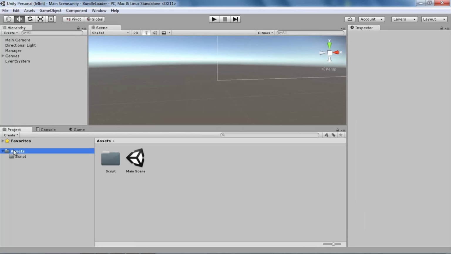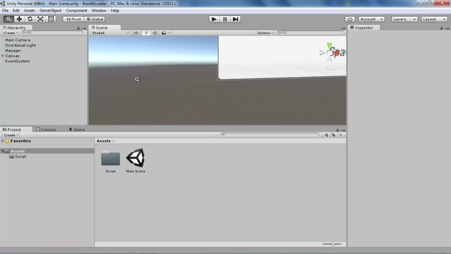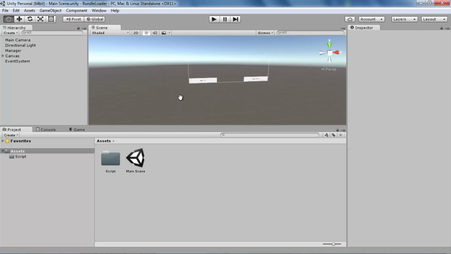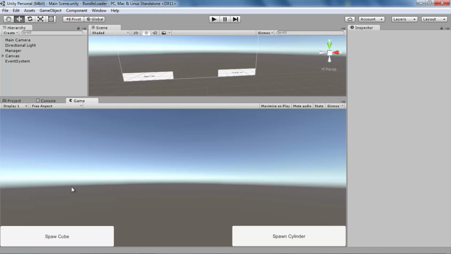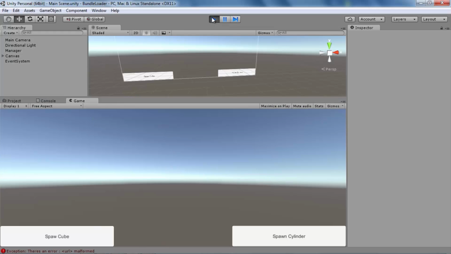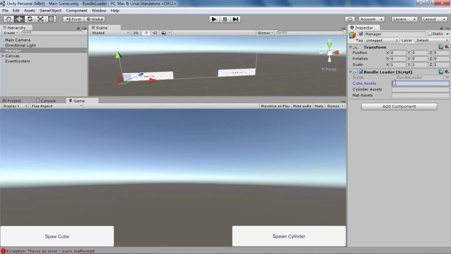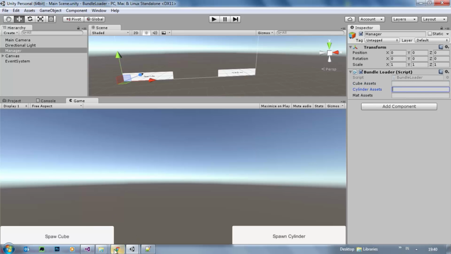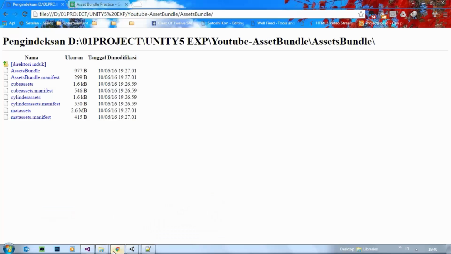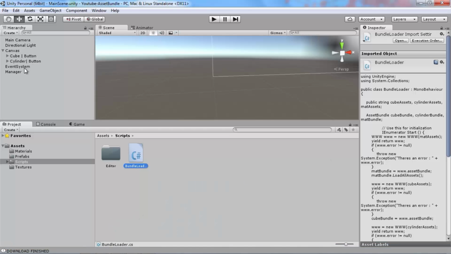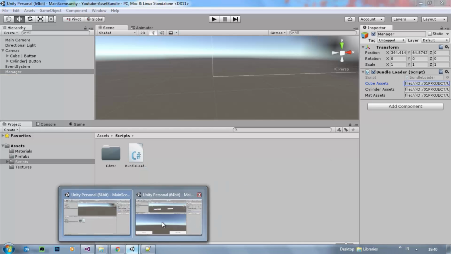You should notice that we don't have all the assets of the previous project. We don't have the cube as well as the cylinder. Now we play it. Oops, don't forget to apply the URL of all the bundles. Copy and paste the URL here.